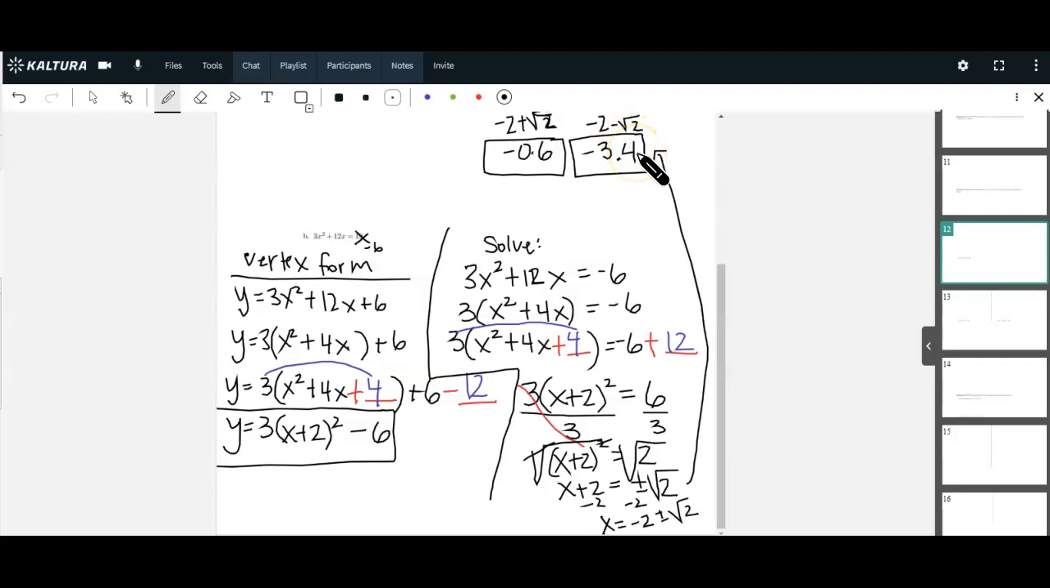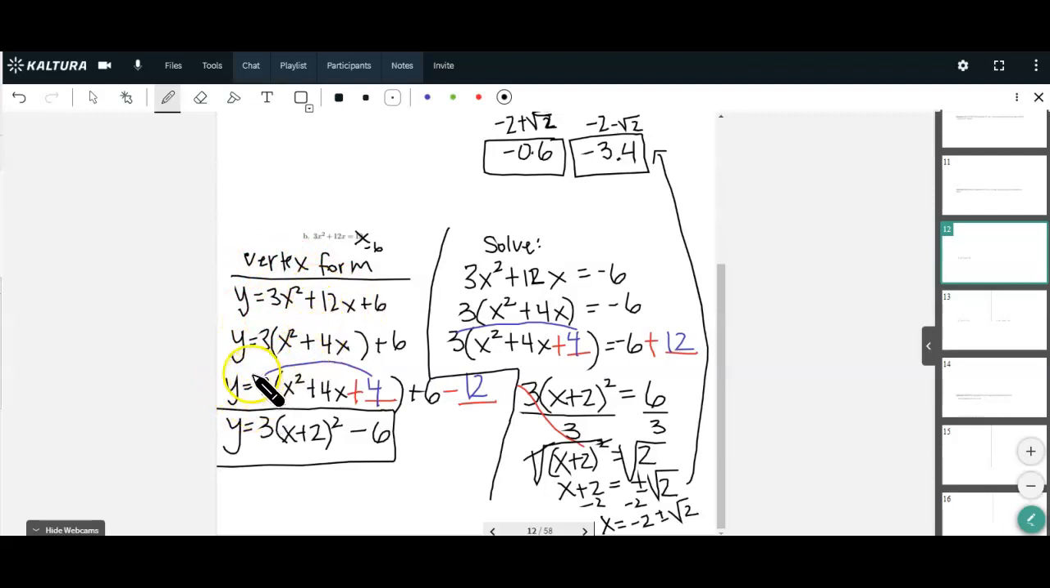What can I answer there for you or clarify? Any questions you have there? I was just wondering why on one of them you did a negative 12 and on the other one you did a positive. Yeah, so notice that over here on this one, when we're trying to get it in vertex form,